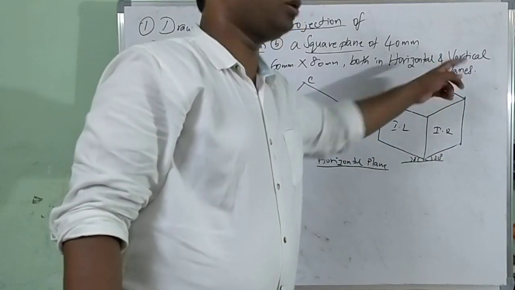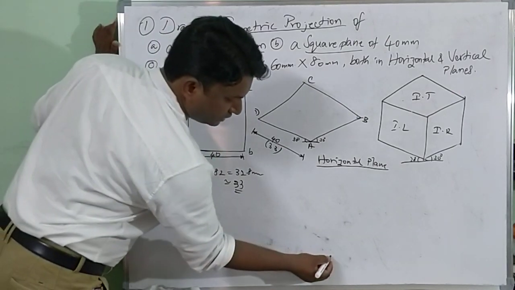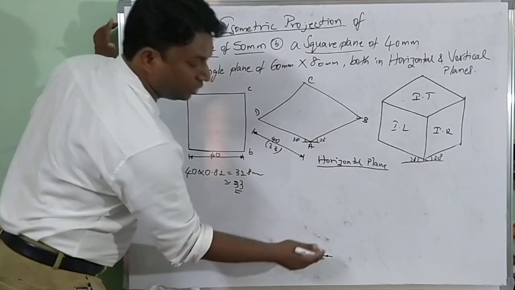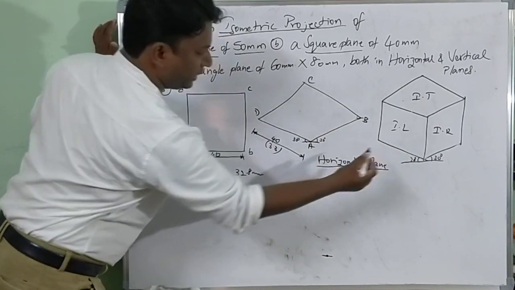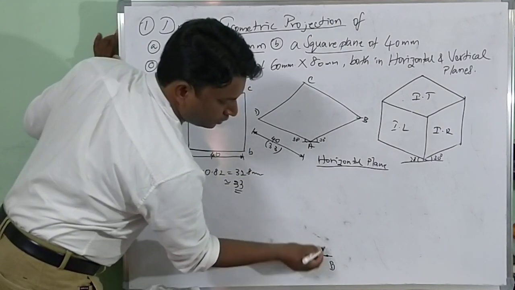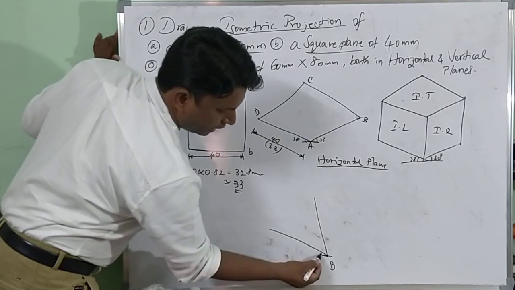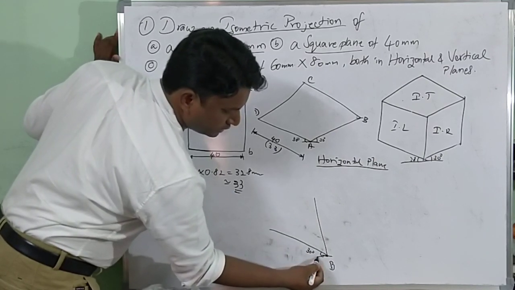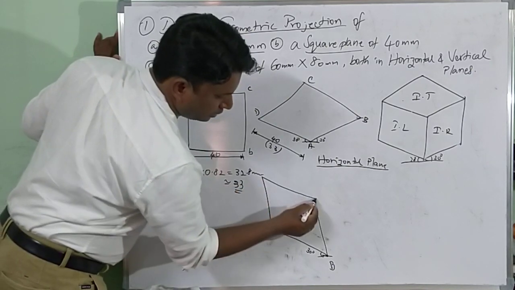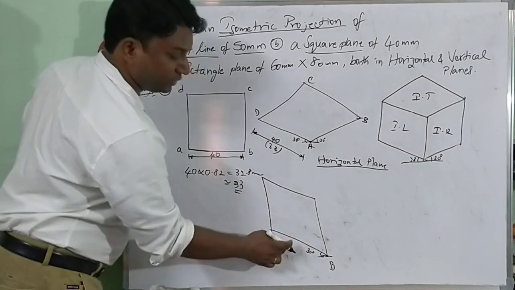Iso left and iso right belong to vertical planes. Vertical plane is simple, right? First take a reference point, draw a straight line with the help of your protractor. Now iso left, only left side 30 degrees. With respect to B we are starting. Draw a straight line. Now draw a line here at an angle of 30 degrees. Now one more vertical line. Connect both of them. We will get iso left, 30 degrees of 33 mm line.